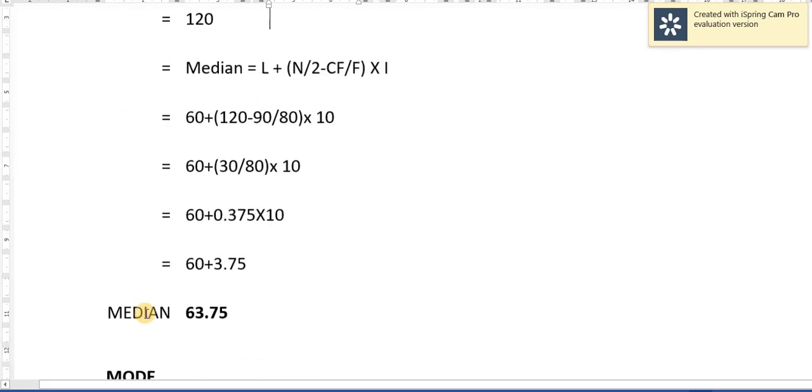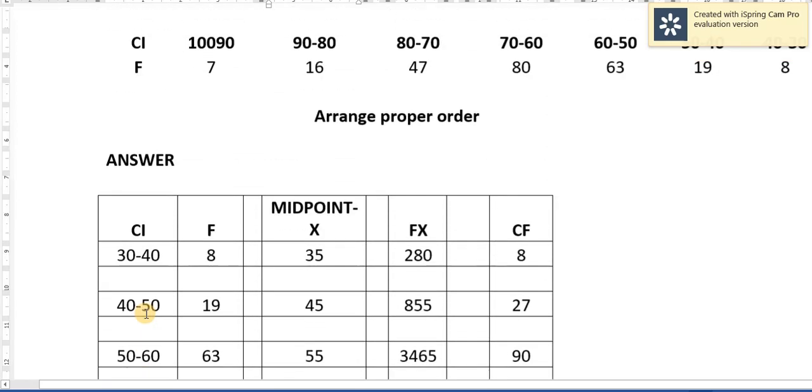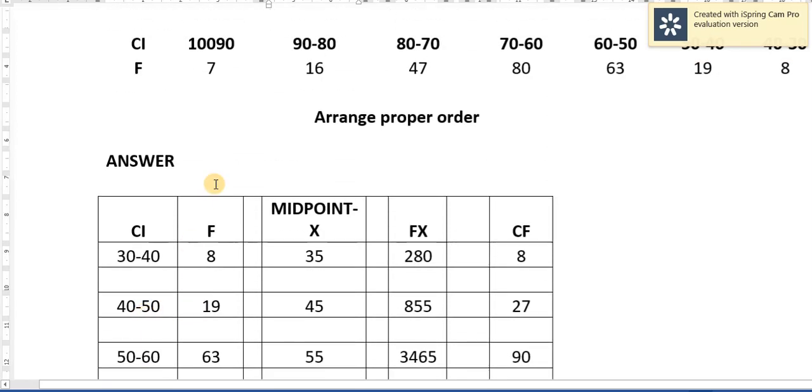Before concluding this problem, what we wanted to find out is the mean, median and mode under the continuous series. First, if the class intervals have not been arranged properly in ascending order, we have to arrange them from lower to higher. After that, take the frequency. Then find the midpoint, x. Now we have the x value, and the f value is already given. Multiply both, then we get the fx value. The mean formula is sum of fx divided by n. Take the fx value and the n value, then you will get the answer.